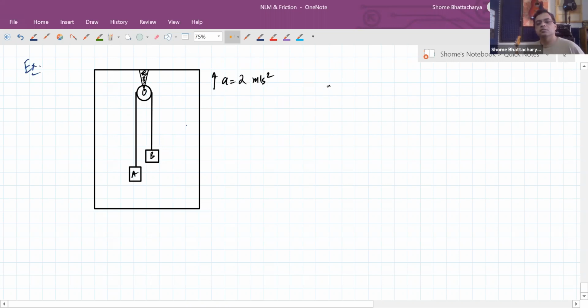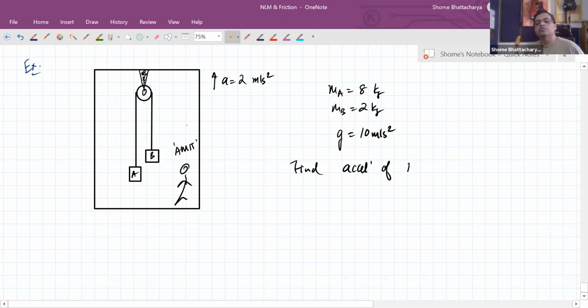And mass of A is given to us as, let us say, 8 kilograms, and mass of B is given to us as 2 kilograms. And the acceleration due to gravity is 10 meters per second square. Now there's a person standing inside the elevator. Let's say that person is Amit. So we have to find the accelerations of A and B with respect to Amit,